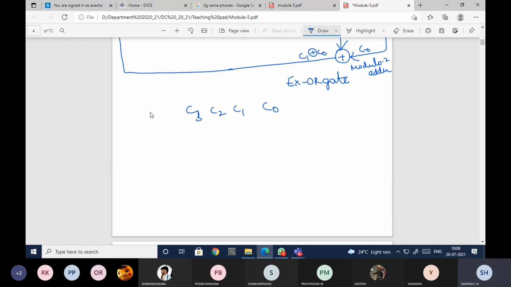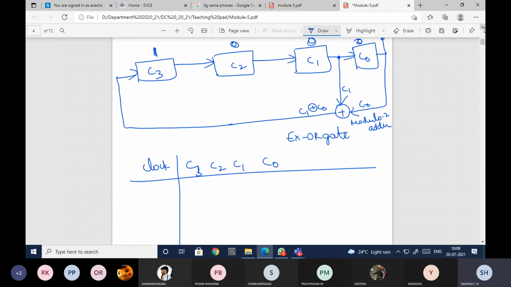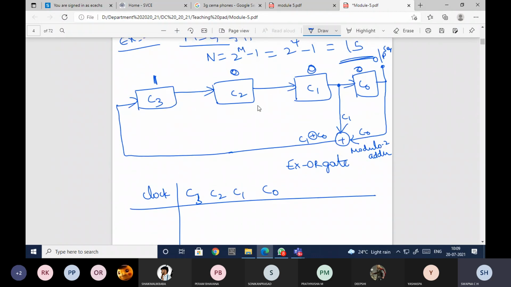For each clock pulse, we need to check what happens. The flip-flops will work by giving each clock pulse, which should be trailing edge triggering. If you give it to the flip-flops, then only the shifting will happen.